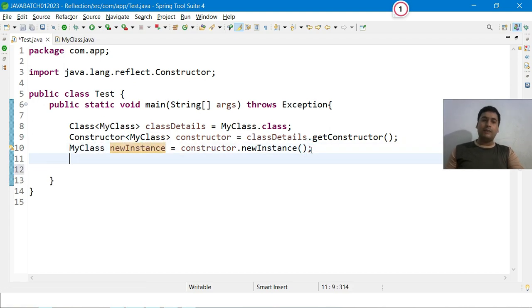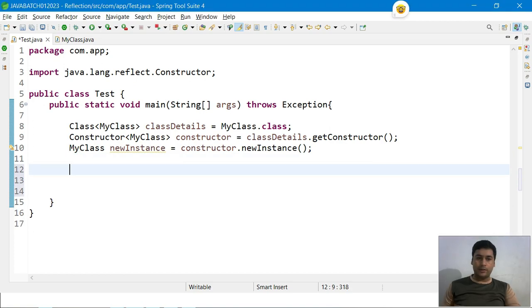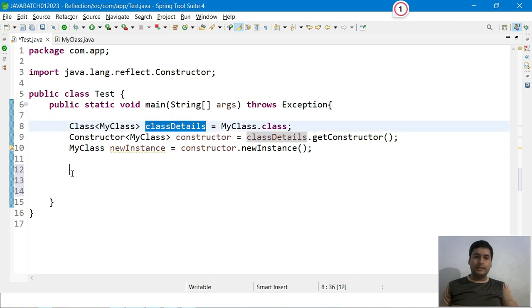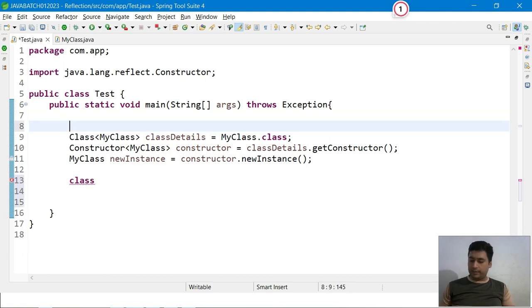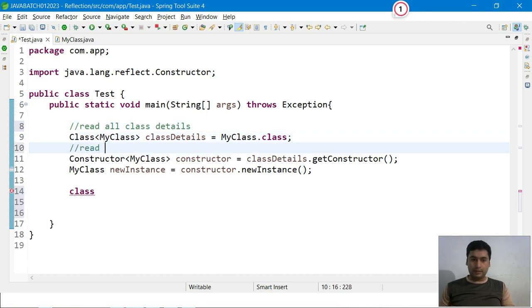Now I have to call my methods. I don't have an idea about the method name, or rather I know the method name, so with the help of the class details I can read the methods. Here let me write some comments: read all class details, read the constructor details,